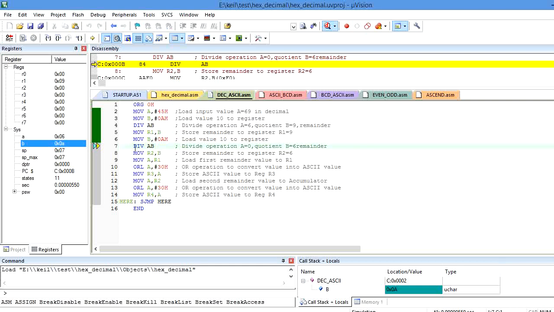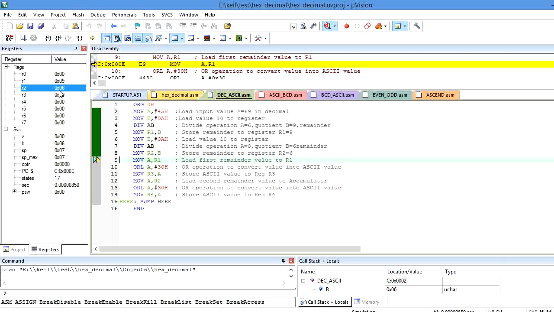Again whenever I perform divide operation, A contains the quotient and B contains the remainder. Before execution of the divide instruction, A is 6 and B is A, that is 10 in decimal. After execution, the quotient in A is 0, and B, the remainder, contains 6. Again I will copy it to the register R2 by using the instruction move R2, B.